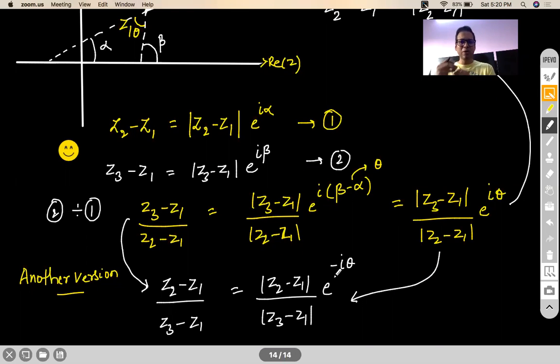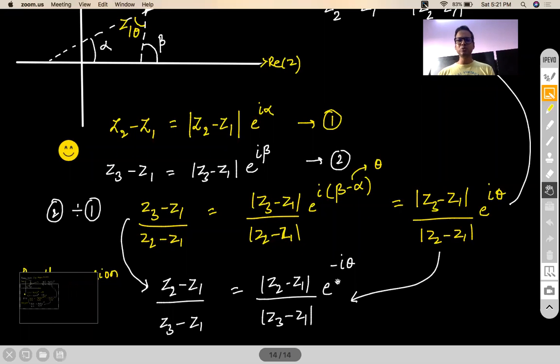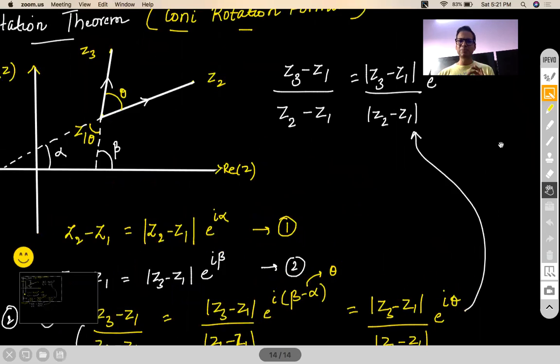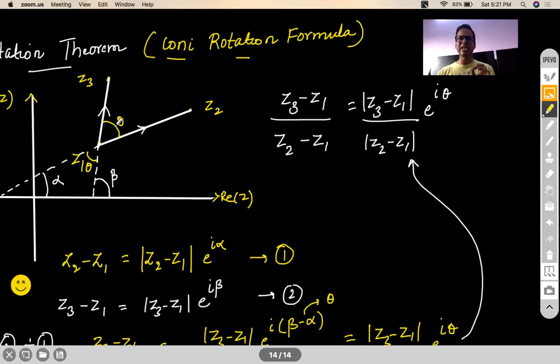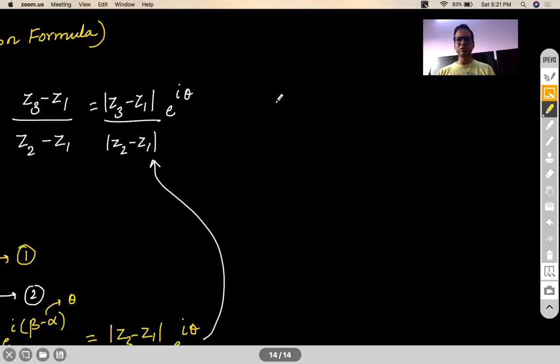Now, in order to help students remember whether to use theta or minus theta, I have devised a mechanism which I used to follow when I was a student, and I always recommend this to others as well. See, whether you want to do this or whether you want to do this, that depends upon what is the direction that you have assigned to theta. Okay. So this is a small thing that I would like to share. One small mechanism I would like to share.